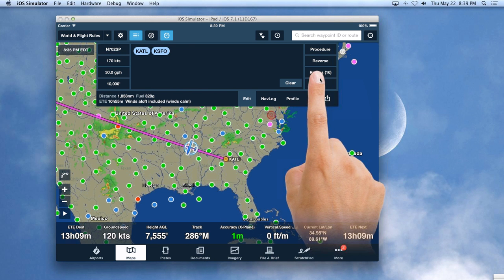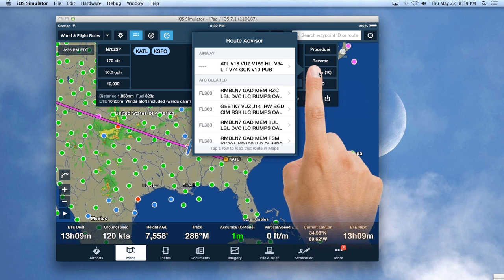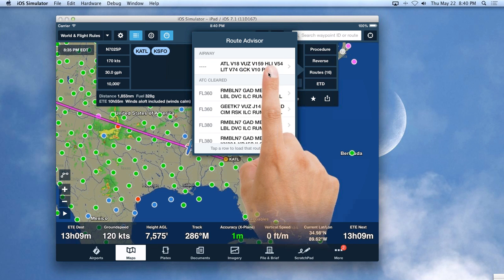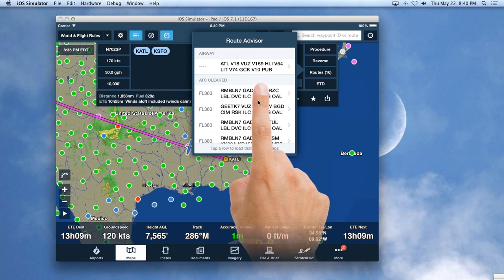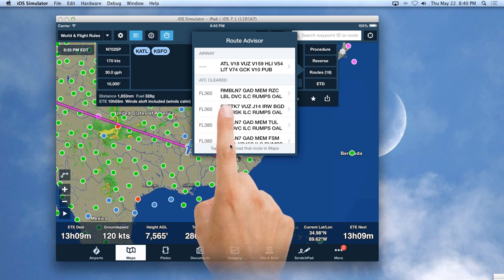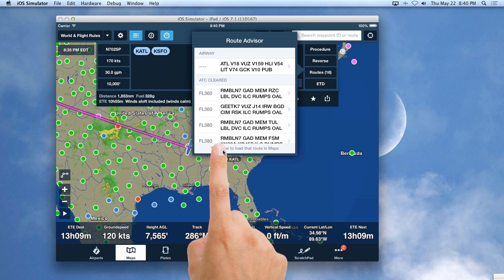If I tap on the routes button here, this is the route advisor, and this is maybe the most handy pre-flight feature in ForeFlight to me. Tap on routes, and it's going to tell me the airway route to San Francisco, which is kind of interesting, but probably overkill. But more importantly, it's going to tell me the last few routes that air traffic control cleared pilots for. And that's what really counts,